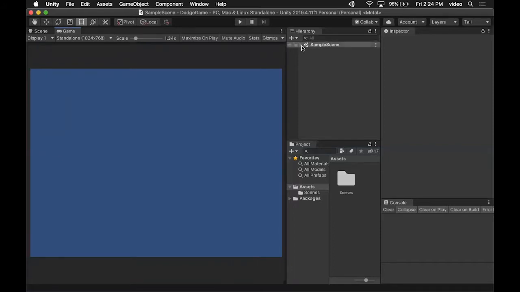On the right side where it says hierarchy, you can hit this little triangle and bring something down. The hierarchy is what is currently in the current scene. So if we had level 1, level 2, level 3, level 4, each one of those would be a scene. And those scenes would have things in them: a camera, AI, collectibles, the player itself, all these other objects and things. So the hierarchy is what is actively in the current scene that we're working on. When we work on level 2, there'll be some other stuff in there and so on. If you click on main camera,